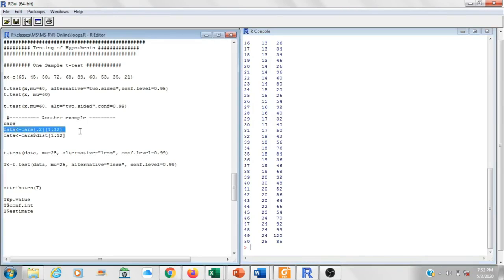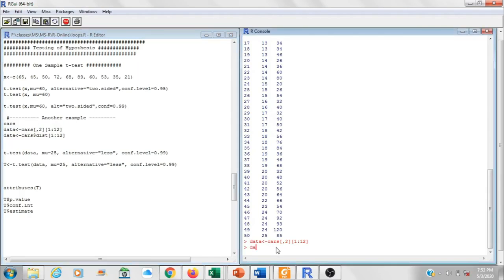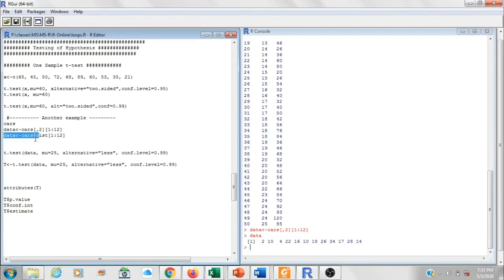This is the command to do that. The distances were in the second column, and I need to extract only the first 12 values. So let's run the command into data and just write data, and I have extracted 12 values of distances traveled by 12 cars. I could do the same by running this command by using the $ and the name of the variable. Now let's run the test on this data,